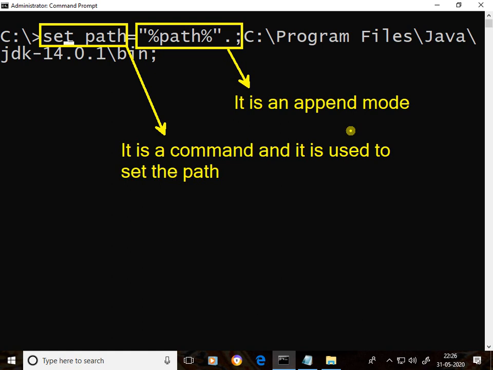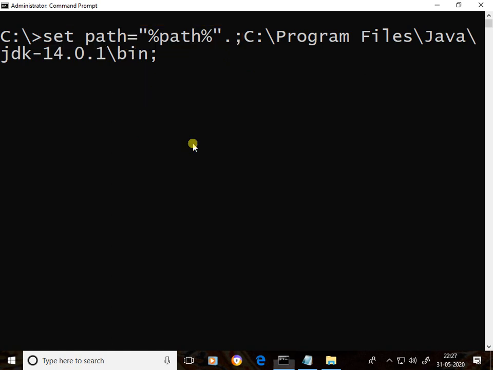Always this is recommended, because if you don't write this, other software may or may not work. That is the reason this is recommended to write always. From here to here is the location of Java software.